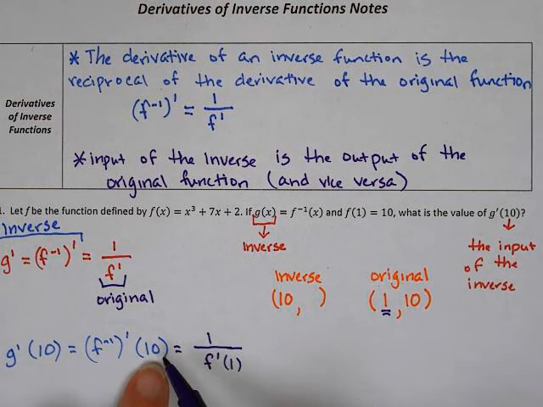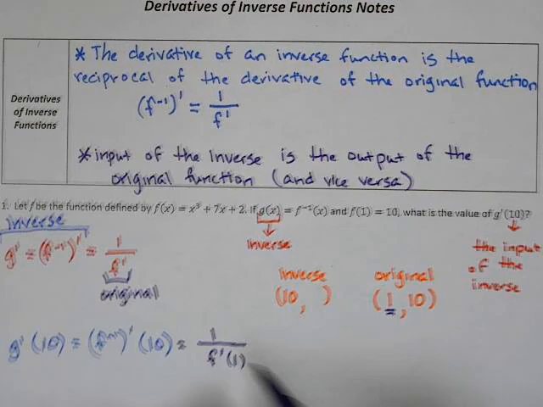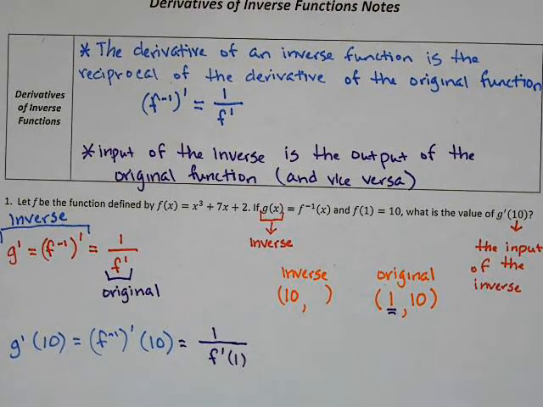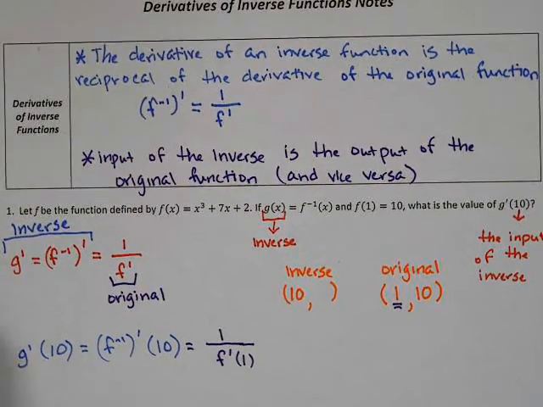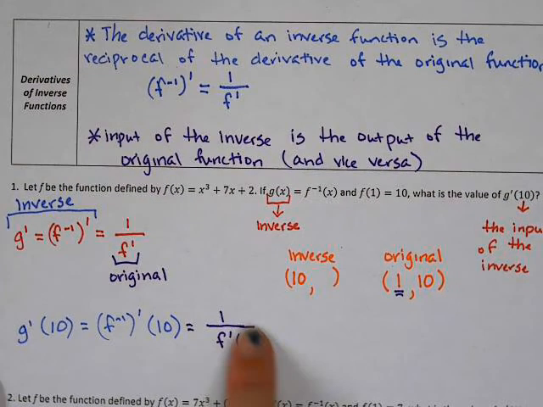This was the input of the inverse. This needs to be the input of the original. All right, I know it's a little confusing. But what that means then is I need f prime of 1 so that I can figure out what the